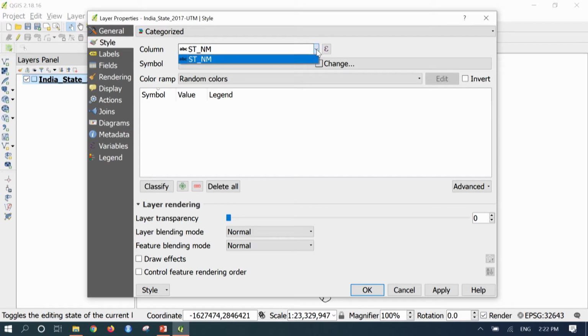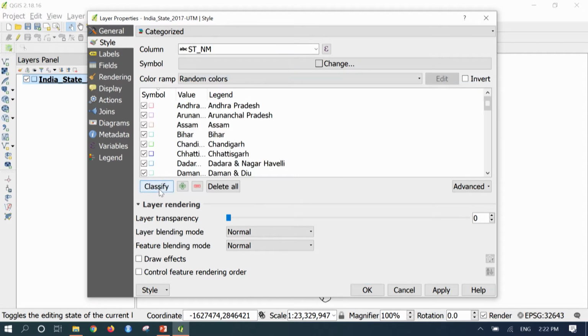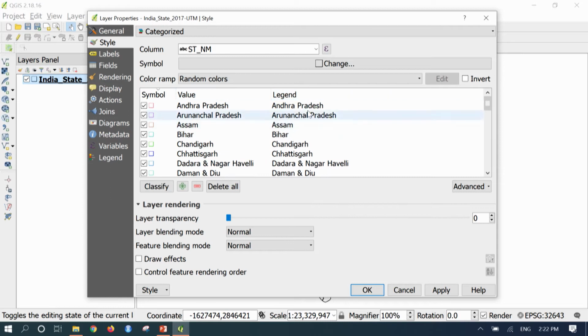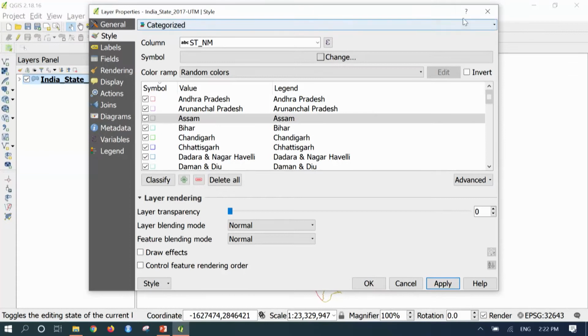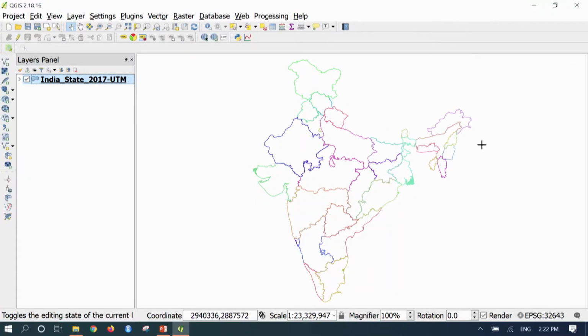Since it has only one attribute, we will do it based on the state name, and just press on classify. Based on each state name it classifies. If you want any change in the legend, you can edit the legend. Since the state name is properly taken from the attribute, we do not have to do that, and then press apply. Each state name boundary is visible. You can see each state is styled in a different manner.